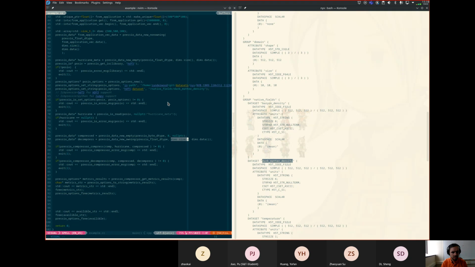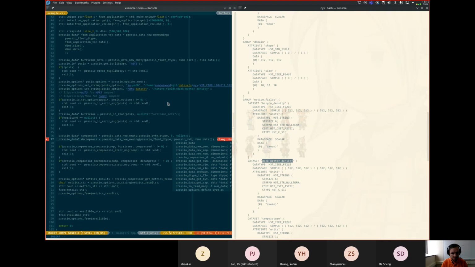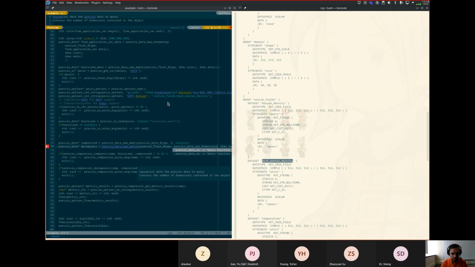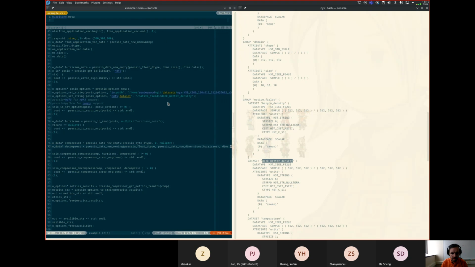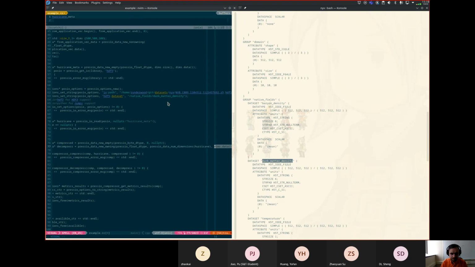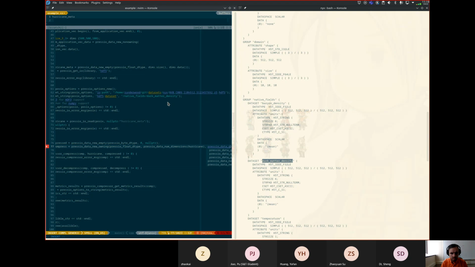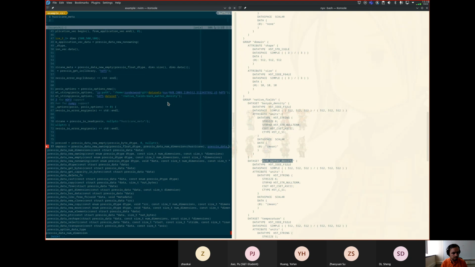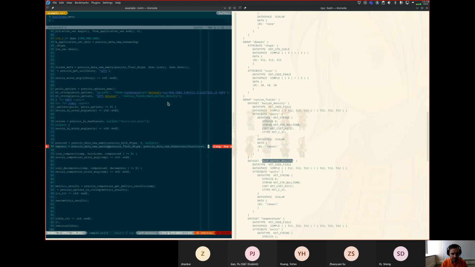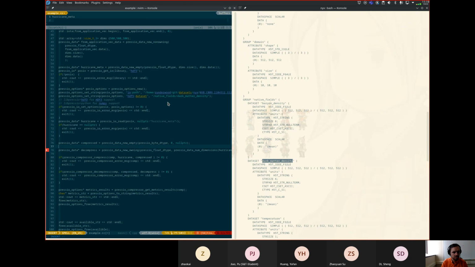So you can say Pressio data num dimensions. In this case, it's going to be called hurricane because I'm lazy. And then for the dimensions, Pressio data, I believe it's called, you may have to copy it. So you would do